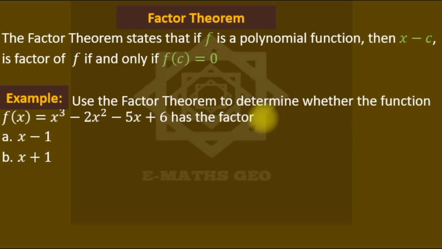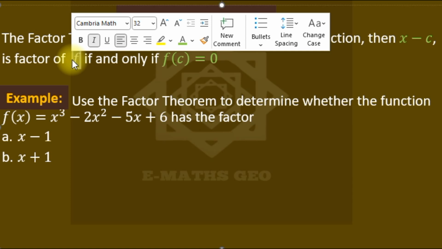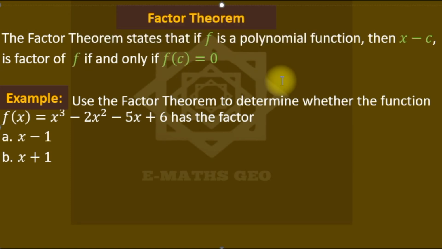So we're on factor theorem. The factor theorem states that if f is a polynomial function, then x minus c is a factor of f if and only if f of c is 0. So we are saying that if you notice, this is a linear factor, that if you substitute c in the